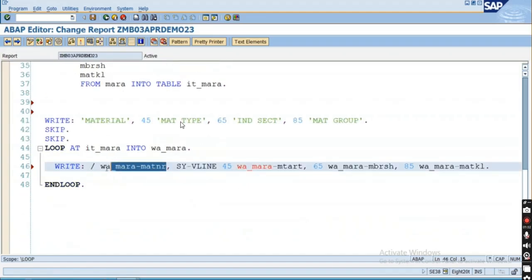So first I will print this material number, then after 40 characters, let's print this sy-vline after the 45 characters, so that it will be properly aligned. Otherwise it will be a problem. Control V, give the comma over here, right? Then copy this one, and everywhere you can put the sy-vline. Okay, so now what I'm going to do,